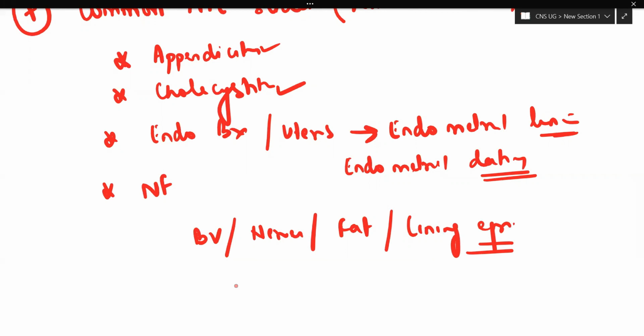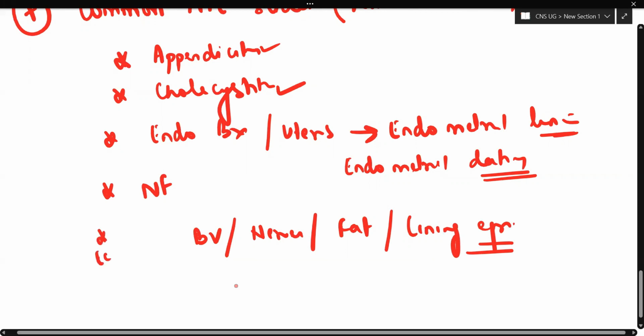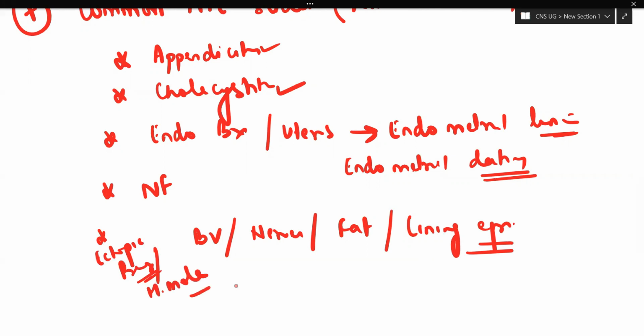Again, one very common slide is ectopic pregnancy. Or for example, hydatidiform mole, H mole, is also commonly encountered. So you look at these basic slides, which usually do not come for your exams, but are quite important for developing your histopathology skills. Along with the common